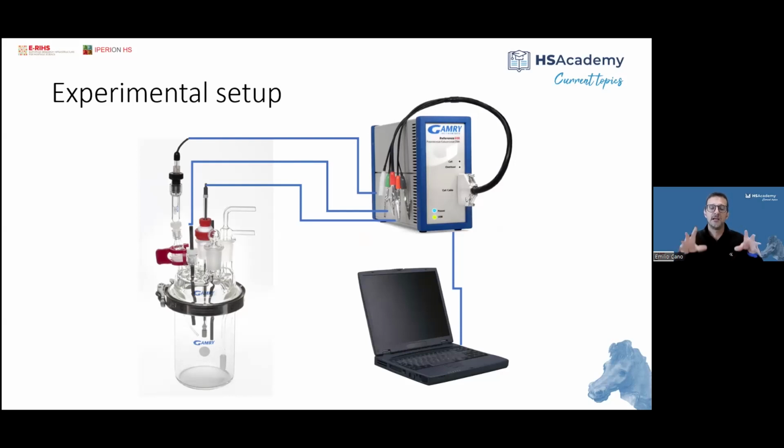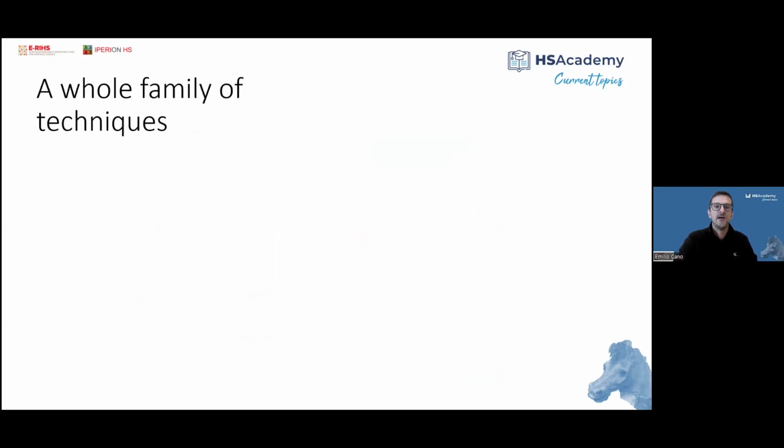We put that within an electrolyte, which we can choose depending on what we want to measure. And we connect that to a potentiostat. It is this device. This is one example of a small one that we use for field measurements, and that is controlled by a computer. So you see, it is not something large or expensive.